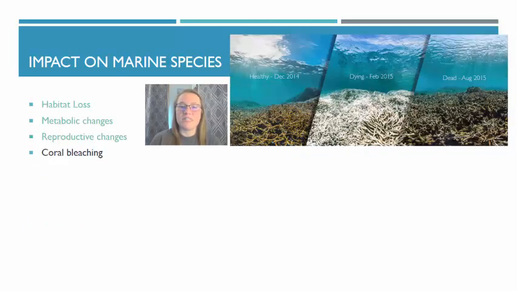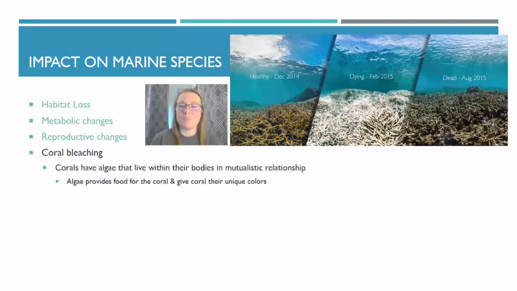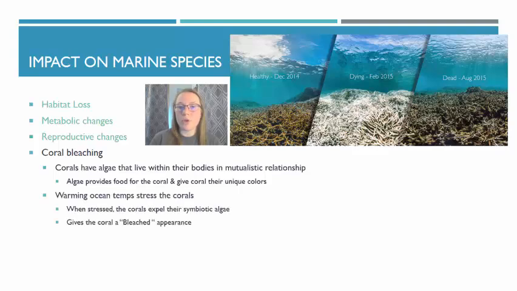Finally, these impacts on marine species can lead to coral bleaching. Now, corals are a symbiotic relationship, and corals have algae that live inside of their bodies. So the algae provides food for the coral, and the coral provides structure for the algae to live, and this algae is what gives the coral their unique colors. So when you have warming ocean temperatures, that puts stress on the corals, and when the corals are stressed, they actually push the algae out of them, so they expel this algae, and that causes the coral to look white